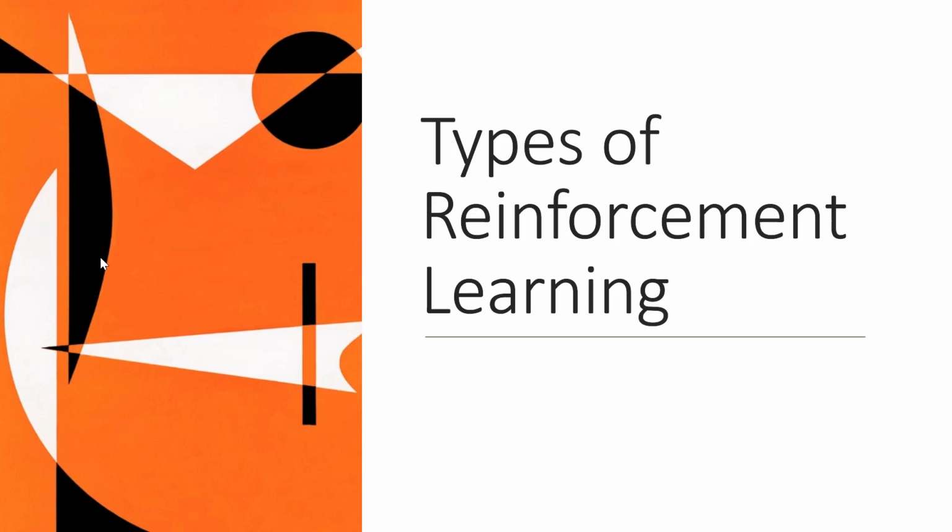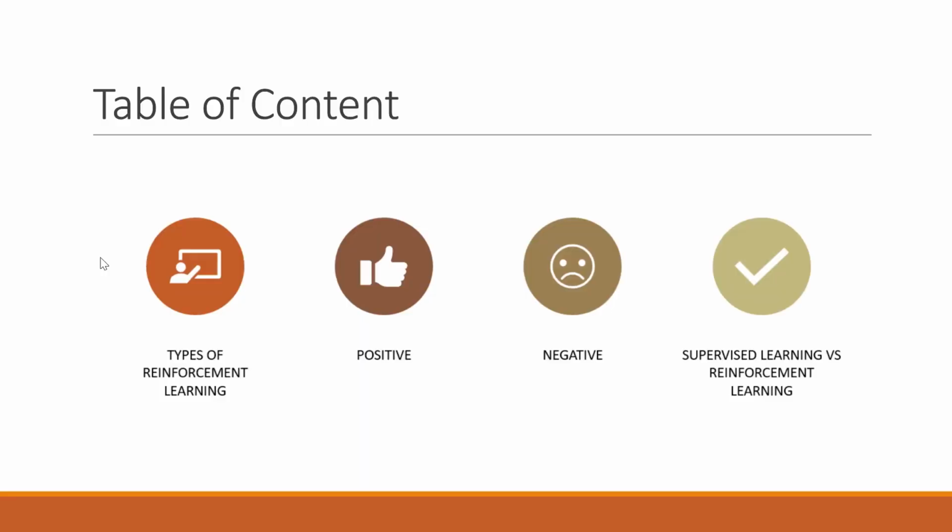Hello and welcome everyone. In this video tutorial, we will discuss some of the key types of reinforcement learning. We will start off this video by discussing two major types of reinforcement learning. The very first is positive reinforcement and the second is negative reinforcement. After discussing the types of reinforcement learning, we will discuss some of the key differences between supervised and reinforcement